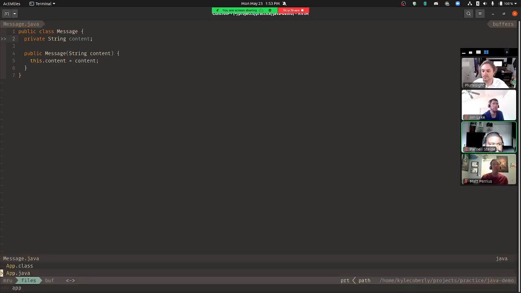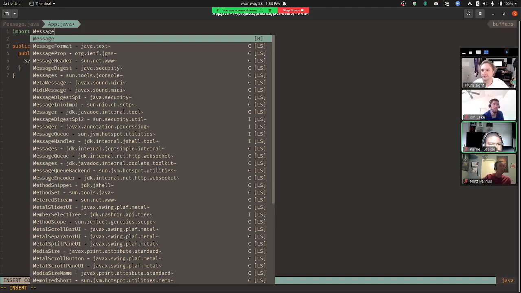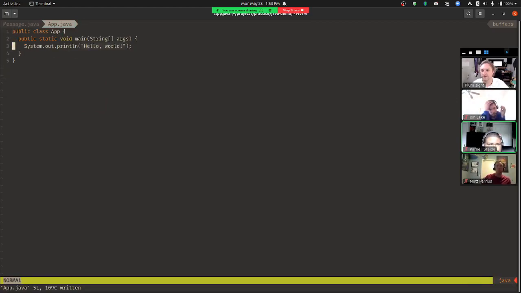All right, so if I make a constructor for that, now I can do something in my app.java file, like import that class. So like import message. Do I need to say default? Nope. All right, here's a good way to find out.